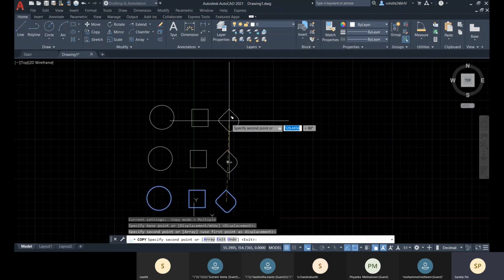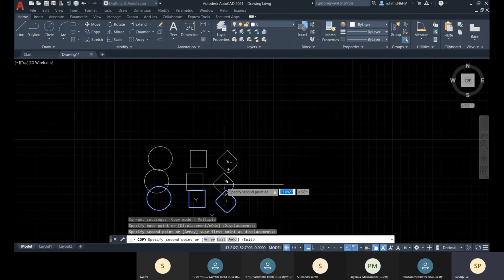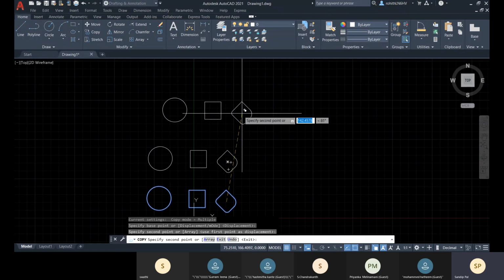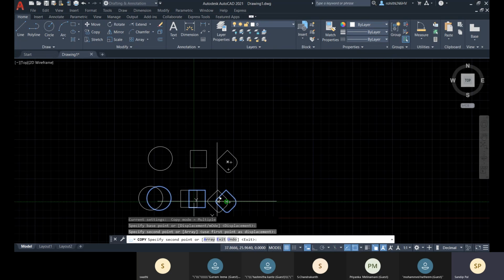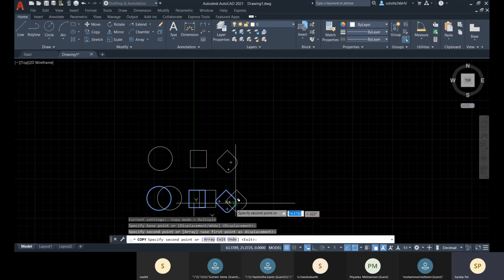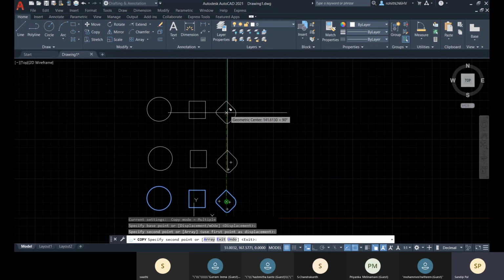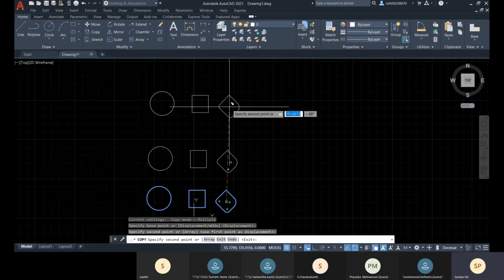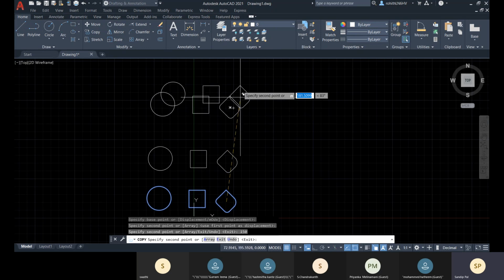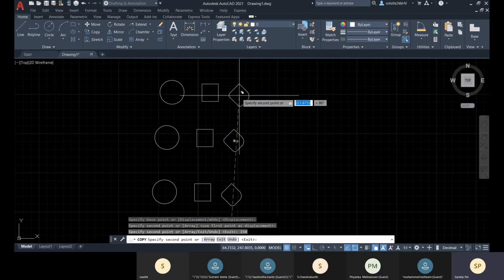And manually you can define the distance, you can type the distance, so it will always count from the base point which you have specified. Then the distance you can specify, like let's go for 150 there, enter, and this way you can specify the proper distance.